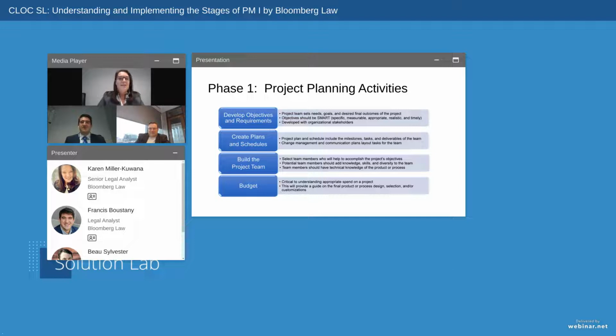You need to take care to select members based not only on their skills, because that of course is important, but also the abilities needed for the specific project, and concentrate on selecting potential team members who add diversity of thought and skill, as well as technical knowledge. You want to make sure you don't have a lot of everyone agreeing or yes men. You want to make sure you have someone who can identify particular risk or maybe approach the project with a different set of skills to make sure you're covering all your bases.